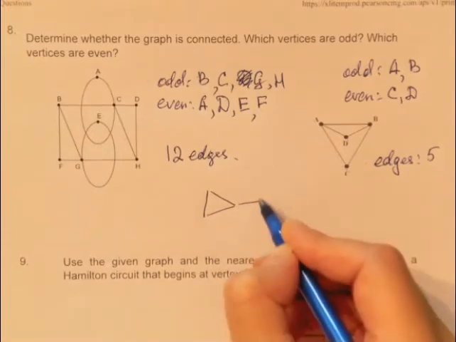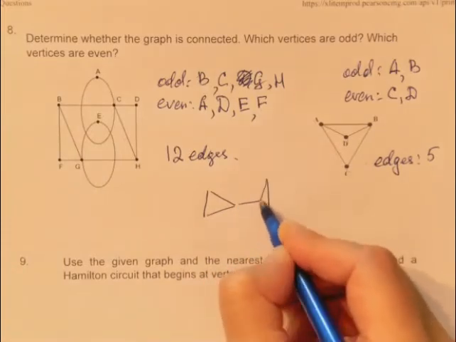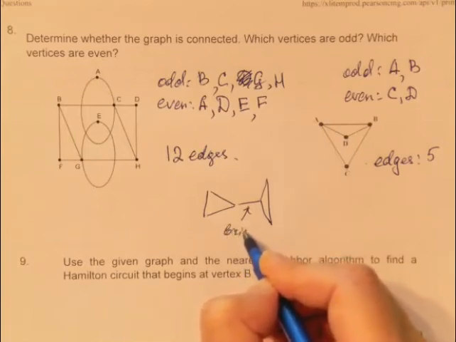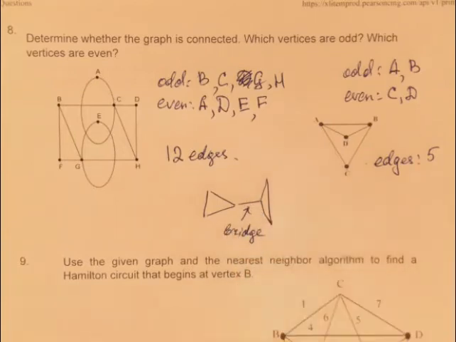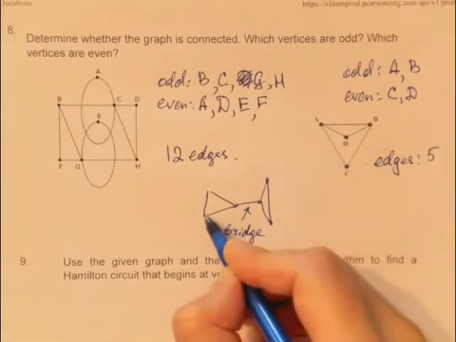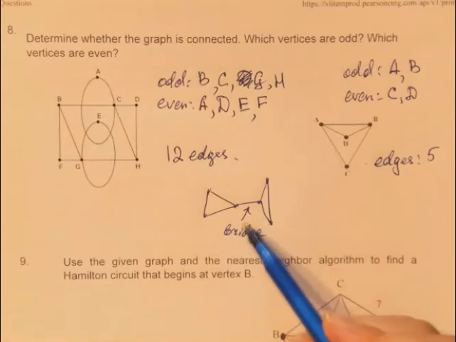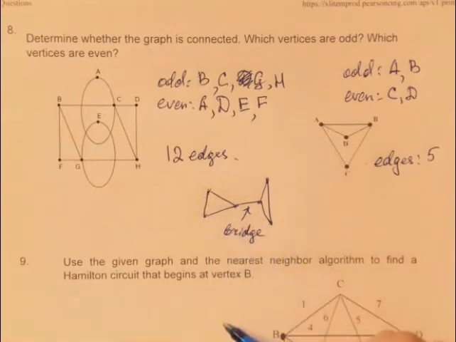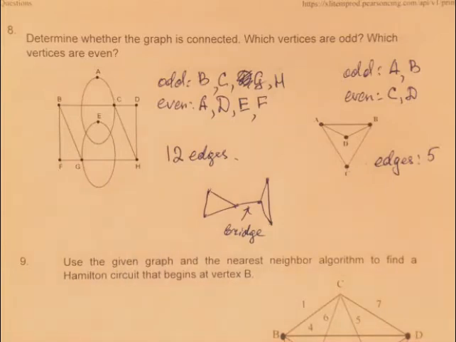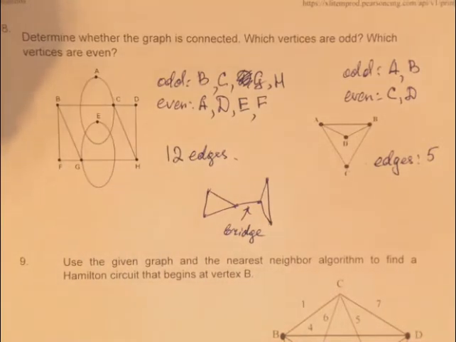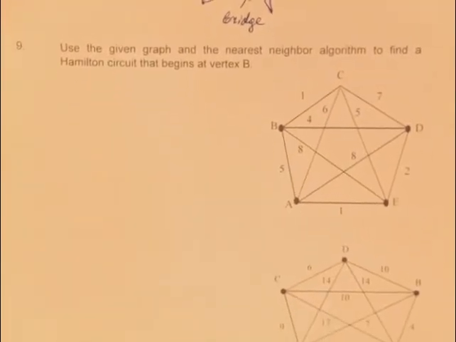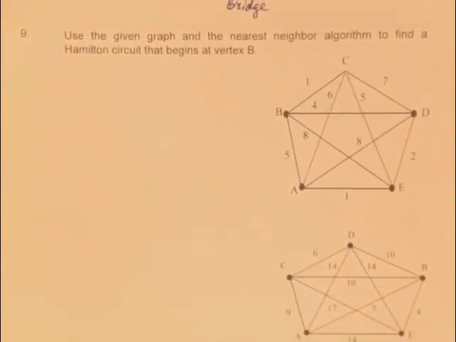In this graph, this is the bridge. If you remove this edge, then the graph will consist of two separate parts, not connected, and will be disconnected. So in these two examples, we don't have any bridges. Now the next part, we have here a weighted graph,